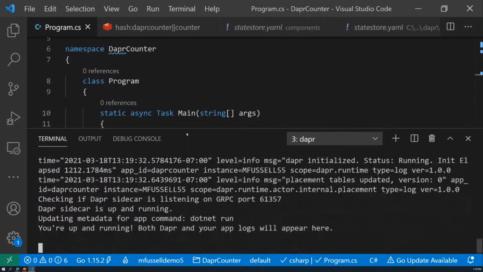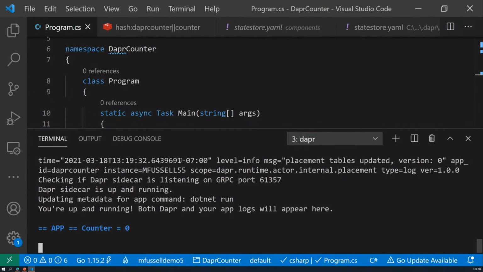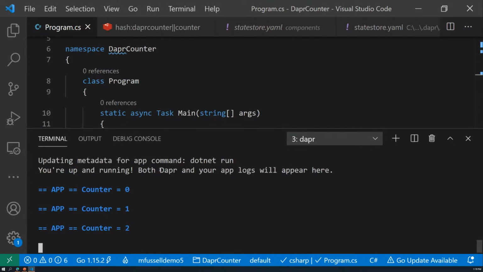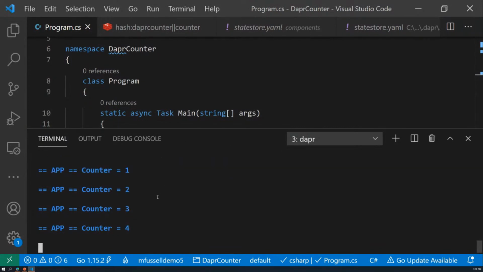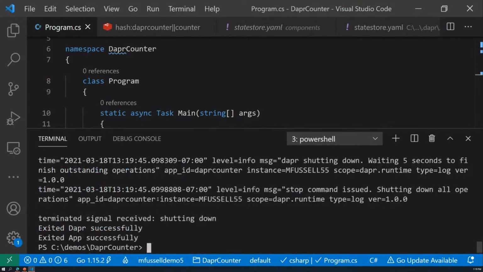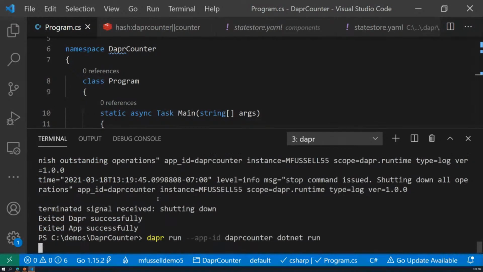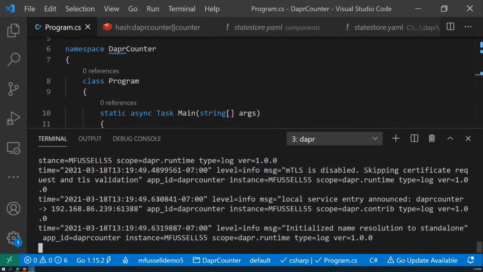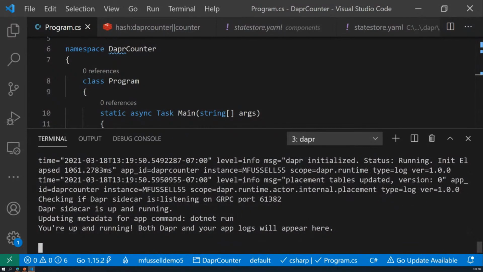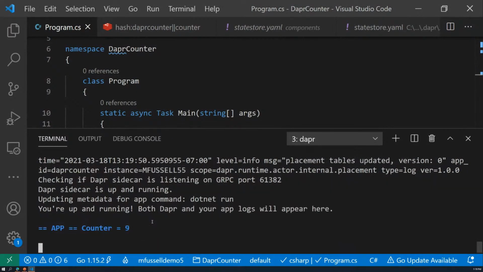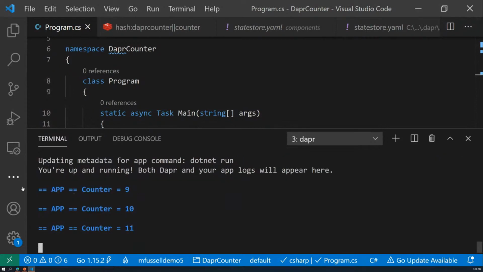So here I'm using the SDK now. It comes up and is running. All this thing does is store counters inside my local Redis cluster. And you'll see that these counters are running. The good thing about this is if I stop this application and kill it, and then run it again, it's a stateful application. It'll come back, pick up the counter value, and kick it off from where it was before. Here's 9, and it keeps going like this.